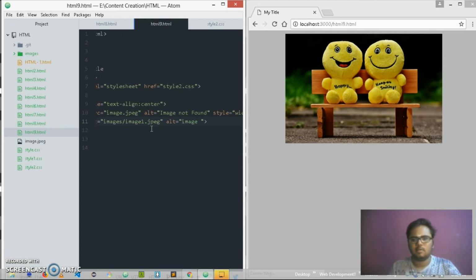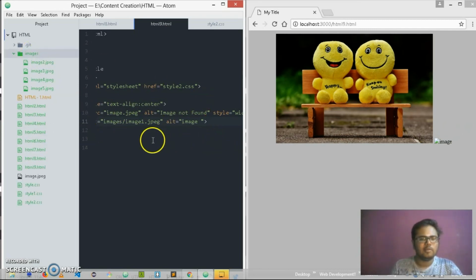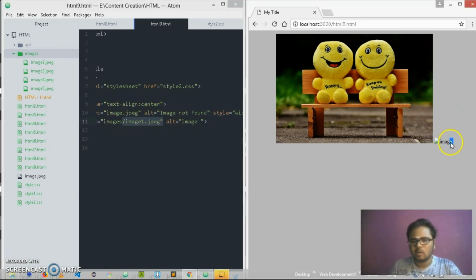Save it. It's not present. See, it's showing that the image is not present. Why? Let's figure it out. We have the folder images within which we have image2.jpg, but we do not have image1.jpg. Since we do not have image1.jpg in the images folder, it gives us the alternate text which we have provided, called image. Now once we make this 2,